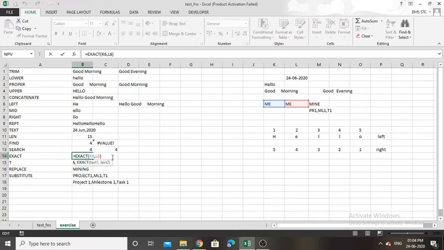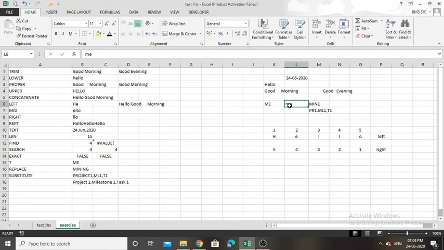So in the first case I compared K6 and L6, that is me in K6 and me in L6. So it checks whether there is an exact match between me and me. Yes, there is, so it returned true. Suppose I changed this like this, it returned false because the exact function is also case sensitive.